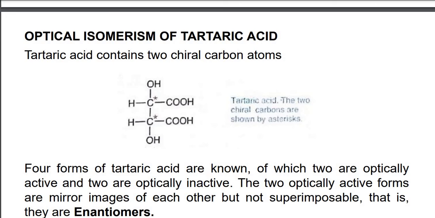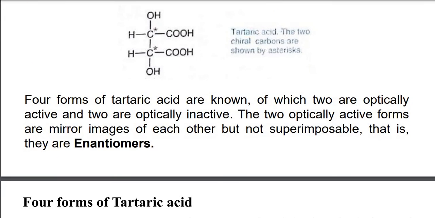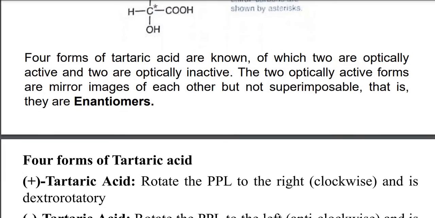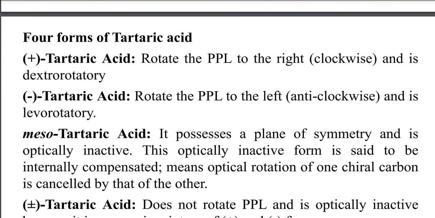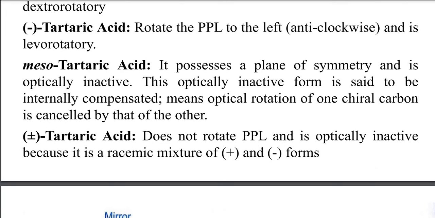Tartaric acid contains two chiral carbon atoms. You can see four forms of tartaric acid are known, of which two are optically active and two are optically inactive. The two optically active forms are mirror images of each other but not superimposable, that is, they are enantiomers. So of the four forms of tartaric acid, positive tartaric acid and negative tartaric acid rotate plane polarized light, one anticlockwise and the other clockwise. Mesotartaric acid possesses a plane of symmetry and is optically inactive. This optically inactive form is said to be internally compensated,